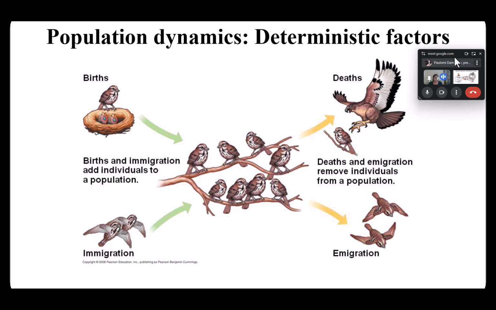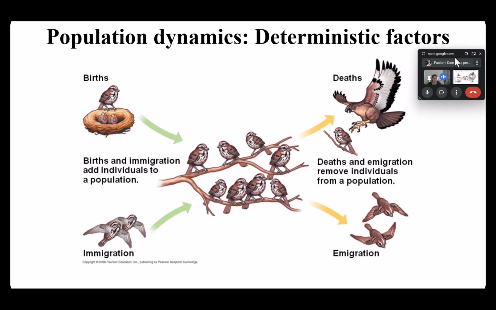If you talk about deterministic factors acting on large population size, you have births, deaths, immigration, emigration. These impact how the population size will change over time. With births, new individuals are being added. With immigration, which is movement of other organisms into the genetic pool, they are introducing more genetic diversity, and they are also increasing the number. So these lead to an increasing number. Well, these are balanced by deaths and emigration.